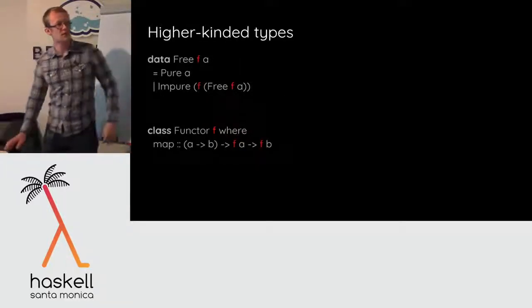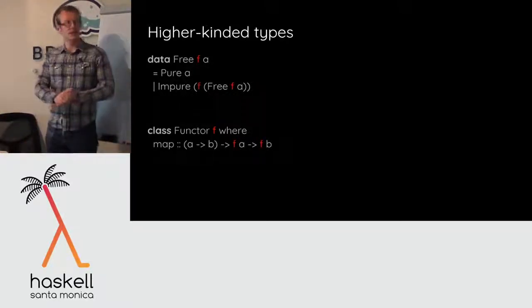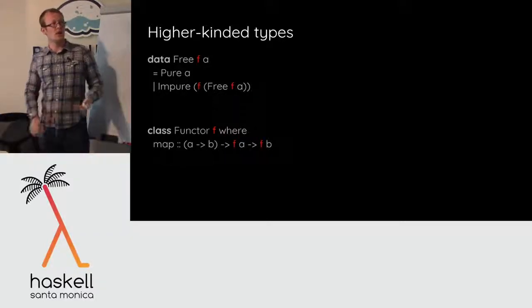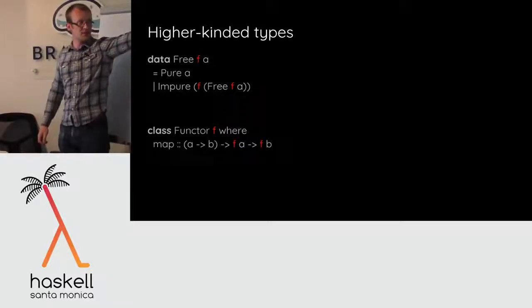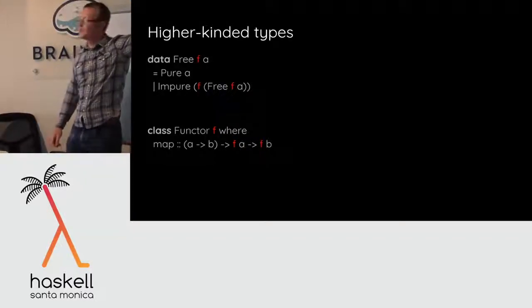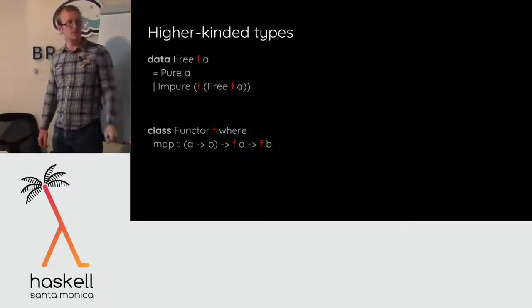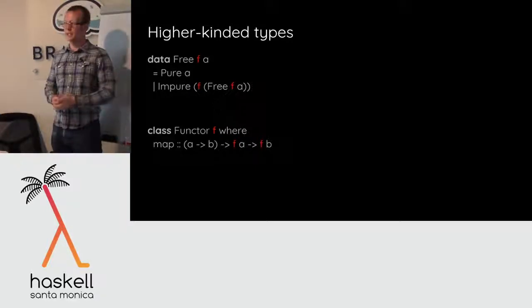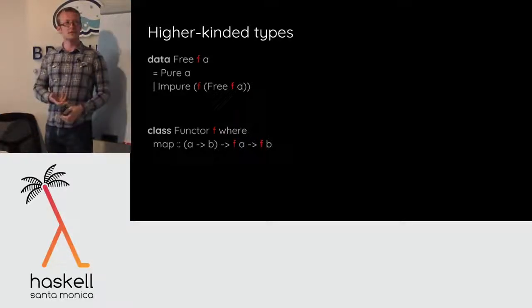Okay, so I'm just going to fly through some of these ideas from Haskell, right? Another one that we borrow from Haskell that a lot of languages don't have is higher-kinded types, right? So in PureScript and languages like PureScript, you can write these data type declarations where you have a data type and then a bunch of type arguments, and then you can use them to build your data type out of those type arguments, right? But crucially, in PureScript and Haskell and a few other languages, the arguments don't have to actually be types. They don't have to represent types. They could represent type constructors, so they could be functions that take types to other types, as an example, right?